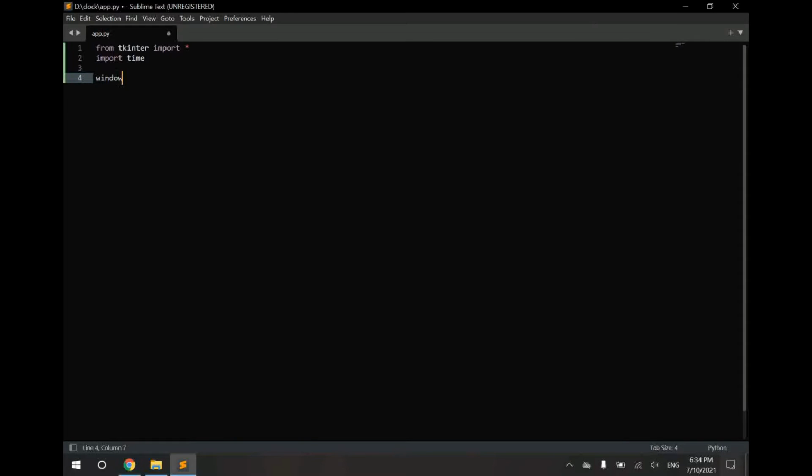Then we need to specify the window of our user interface as Tk. Then we need to create a label for the clock, and we name it as clock equal to Label, and the label will be in the window, will be inside the window named window,